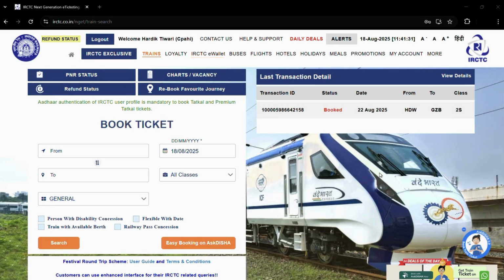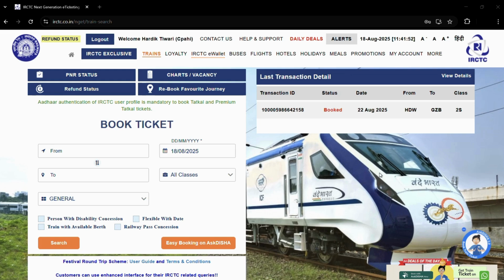How to find all the tax invoice history of your IRCTC official account. So hey guys, welcome to this tutorial. In this tutorial, I will be guiding you through the steps of how you can find all the tax invoices related to your train ticket bookings and journeys over the past few months on the IRCTC application or the IRCTC